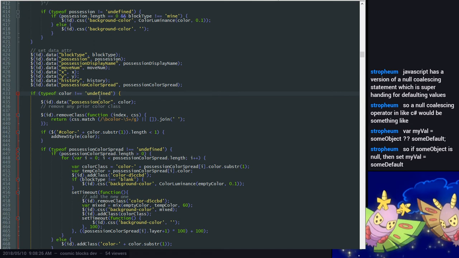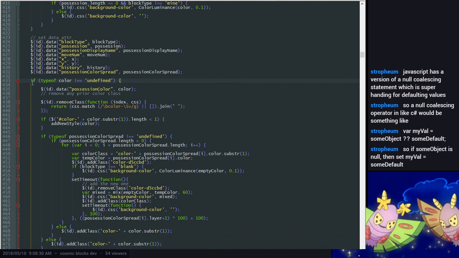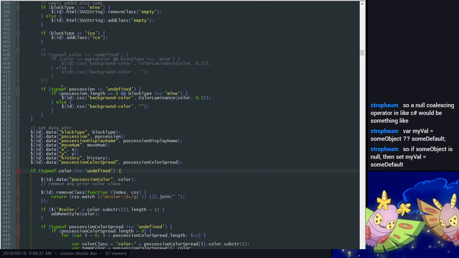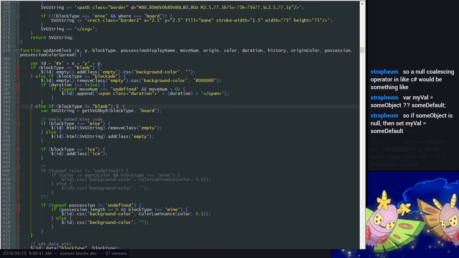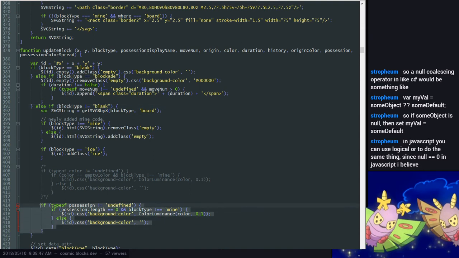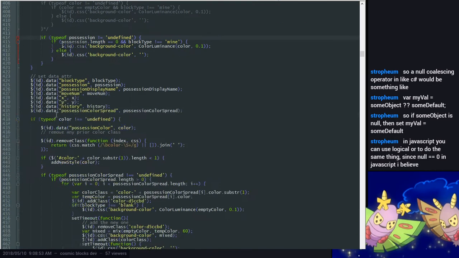Is null and undefined the same thing? I don't know, whatever. I almost wonder if this code... Wait, what is this? Oh, this is only if it's not blank, which actually makes a ton of sense. This actually suddenly makes a lot of sense now. Okay, whatever. So down here,